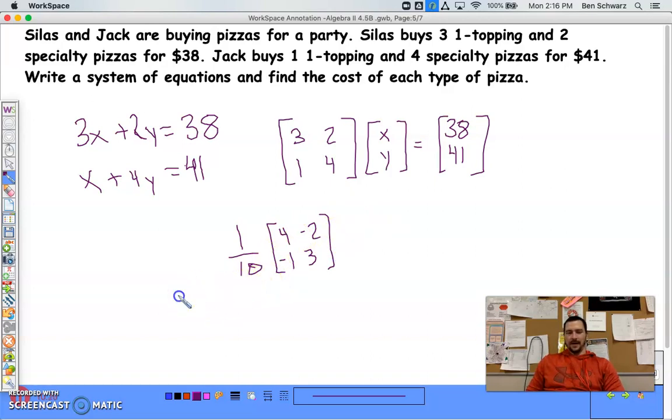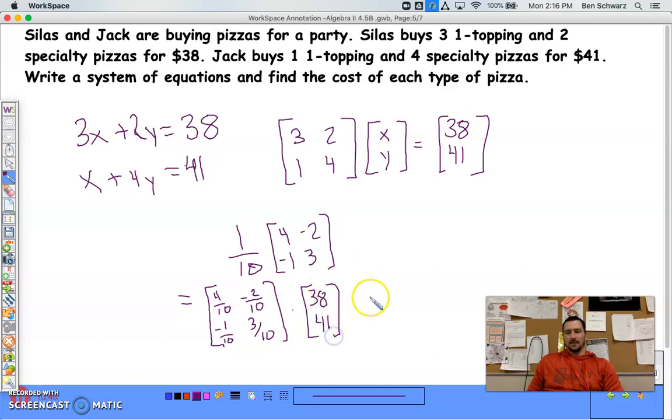So when we multiply that out, we're going to get 4 tenths. And I'm just going to leave it in tenths. You'll find it's actually easier not to simplify until the end. So 4 tenths, negative 2 tenths, negative 1 tenth. This way when we're adding, everything's in tenths, so you don't have to worry about getting a common denominator. There we go. So that times our 38 over 41